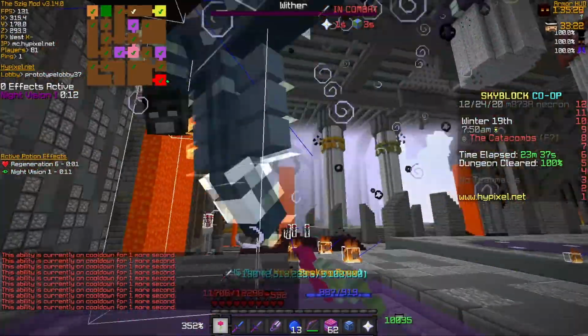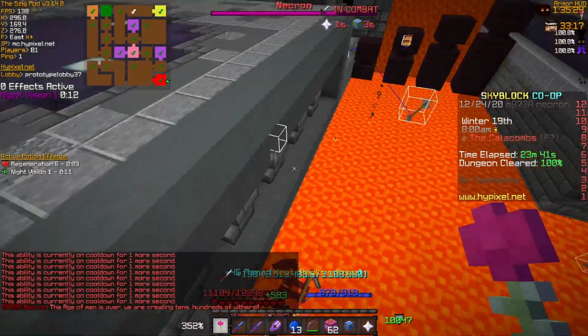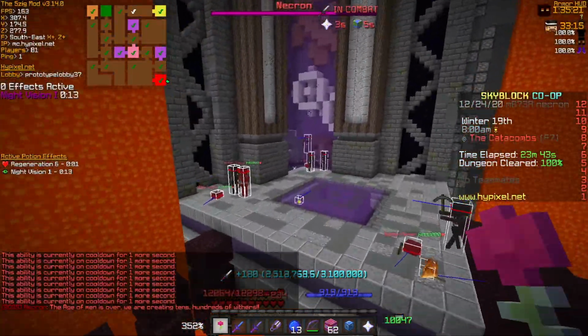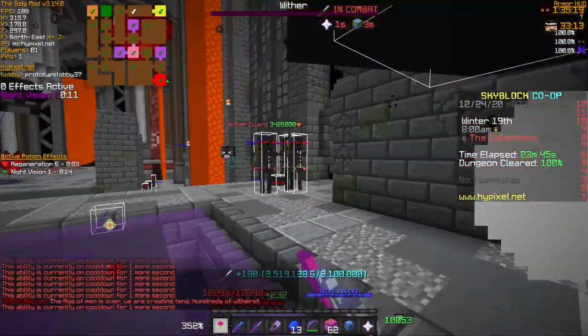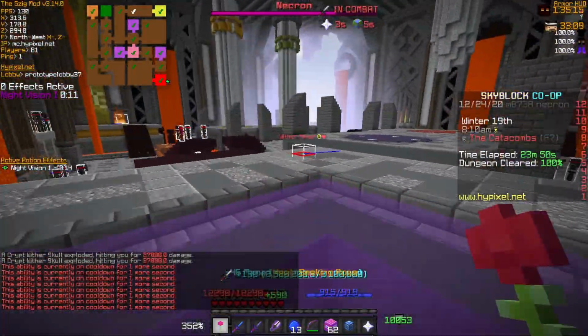After, you want to fly to the complete opposite corner of the crusher that is set up. Get Necron to as close to the corner as possible, and then quickly fly back to the pressure plate that is set up. Because you fly faster than Necron, this gives the most time to activate the pressure plate and